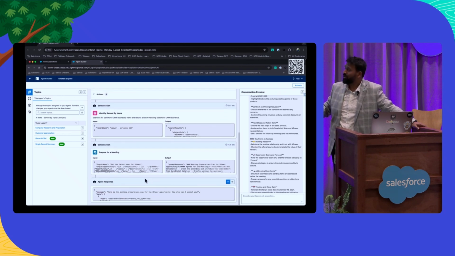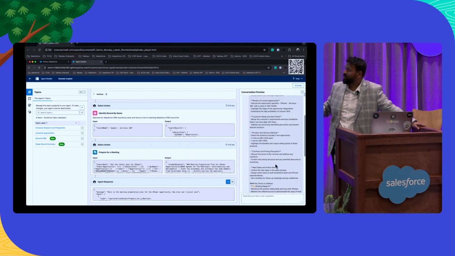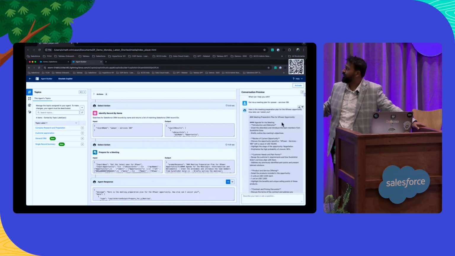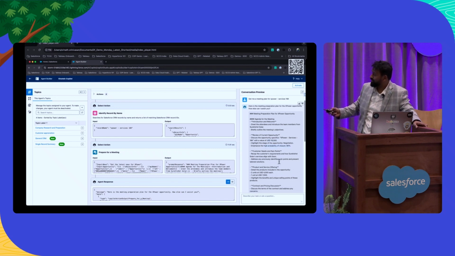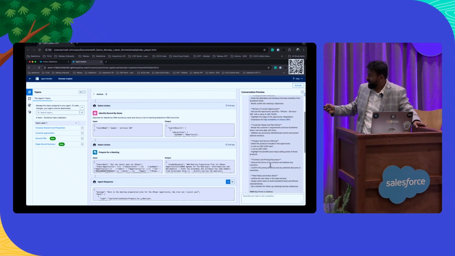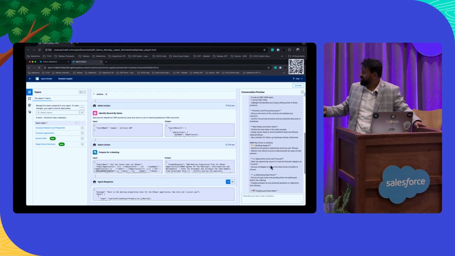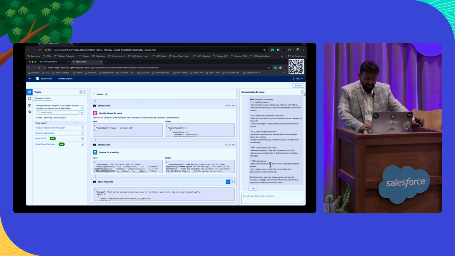So it used one of its platform actions to get the actual opportunity, passed it on, and provided me with an output that is specific for this X power opportunity. As you can see, everything is grounded in your CRM records. You also have information about the news that you provided. So that, in a nutshell, shows me that it's all working.